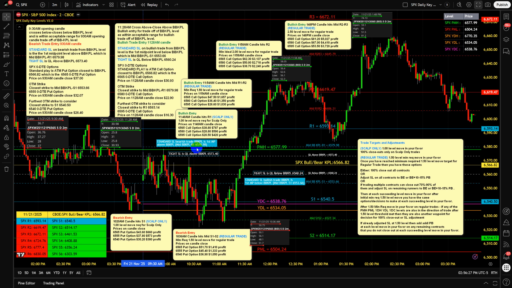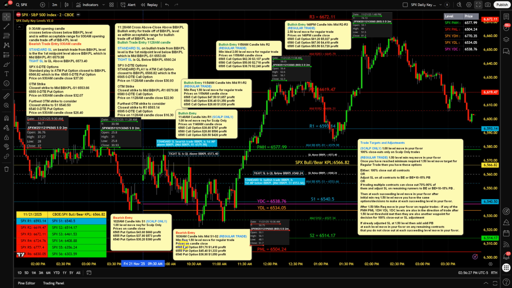Then as you can see here, after that, it did attempt to make a move back up. It did not hit the standard stop loss on this attempt to move back up again. As you can see on this attempt here, it fell short, started closing back below, and then resumed its bearish bias here, in which on the 10:36 a.m. candle it hits the mid S1 S2 level here,